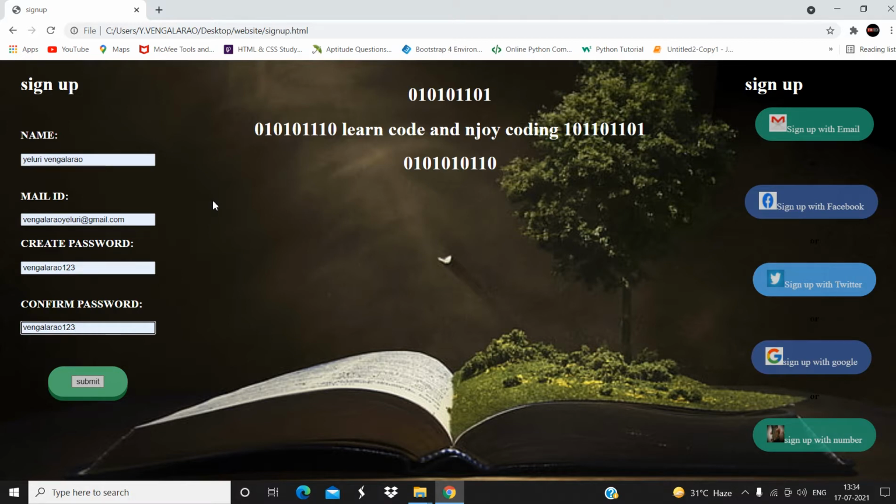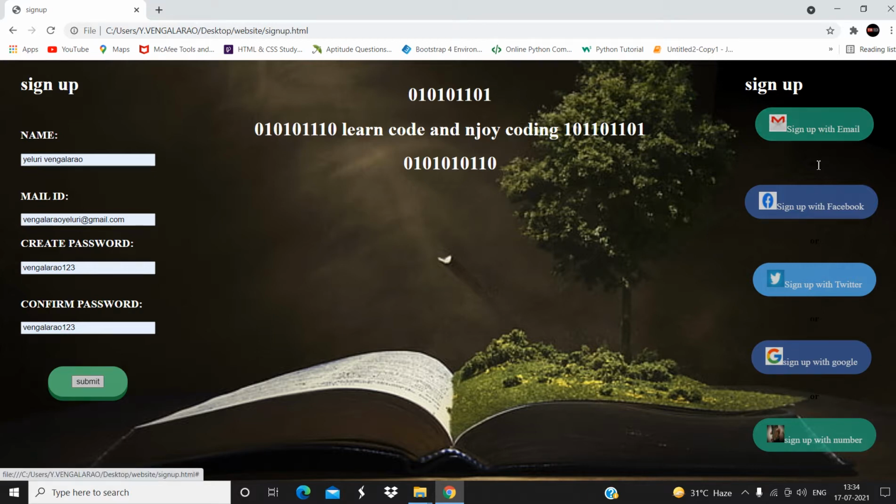Before dispatching the data we are going to validate whether the name is correct or not, or if you have a field to enter a phone number, the phone number must be only 10 digits, in such a way. So JavaScript is used to validate the data before dispatching it from the client side to the server side, and we also use JavaScript for event handling. For example, if you click on the submit button, the data must be dispatched from the client side to the server side. For that purpose we use JavaScript. So this is about JavaScript, guys. We have used JavaScript here, but we haven't done the backend.